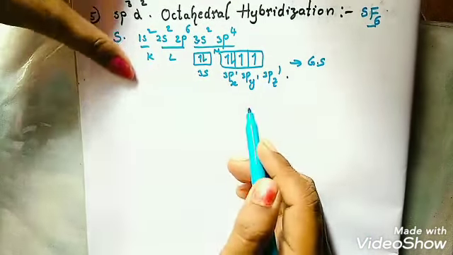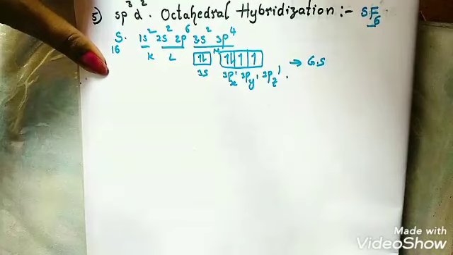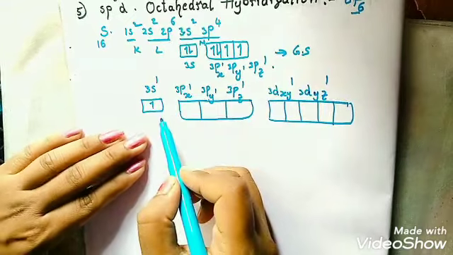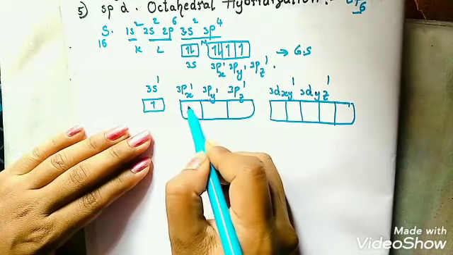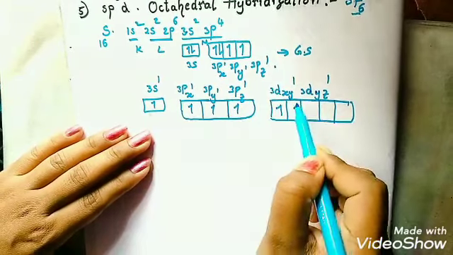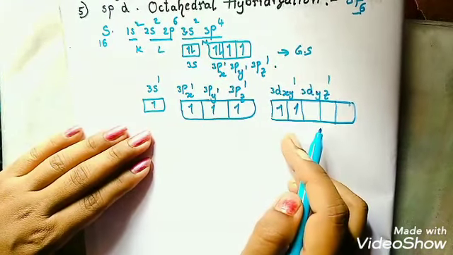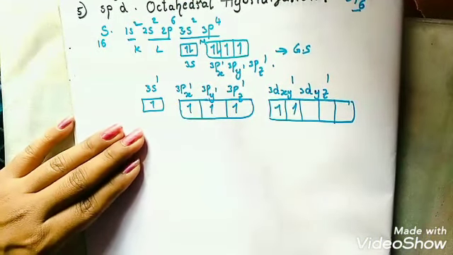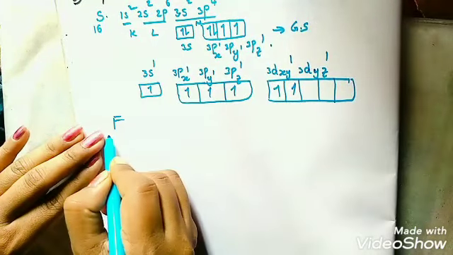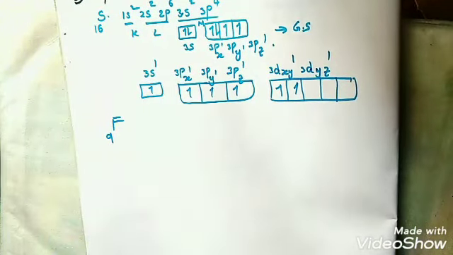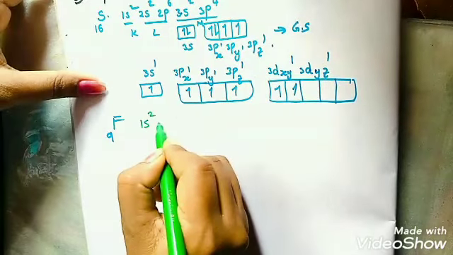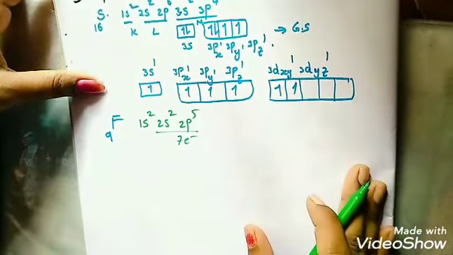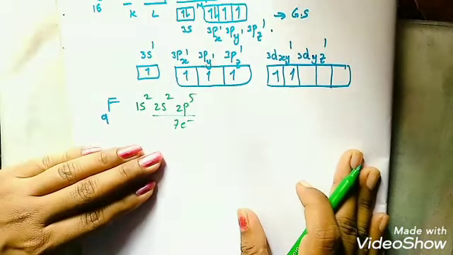So students, if you draw the excited electronic configuration for the sulfur, it can be in 3s1 single electron, 3px1, 3py1, 3pz1, like this, and 1, 2, 3, 4, 6. Total 6 electrons are located here, like this. Now students, for fluorine, atomic number 9, and students, the electronic configuration is 1s2, 2s2, 2p5. Then 7 electrons are the outermost shell electrons, those are the valency electrons.